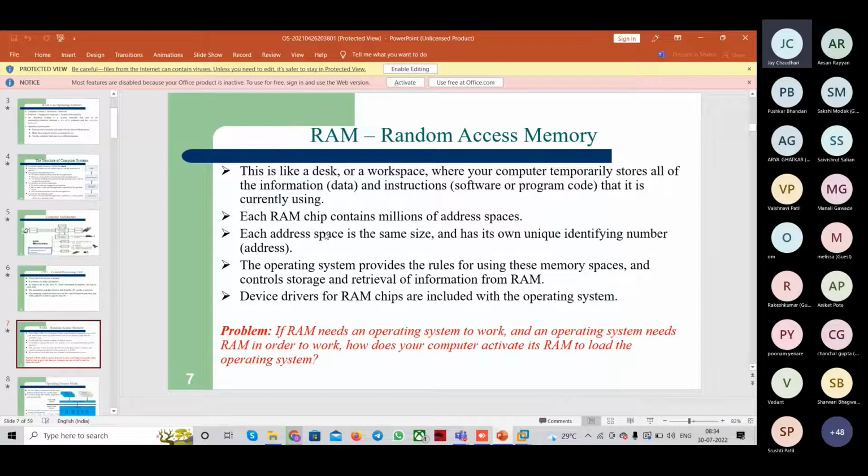What is RAM? RAM's full form is random access memory, which performs the processing task. It is like a desk or workspace where your computer temporarily stores all the information, data, and instructions that it is currently using. So everything which you are doing is processed by RAM only. Okay,